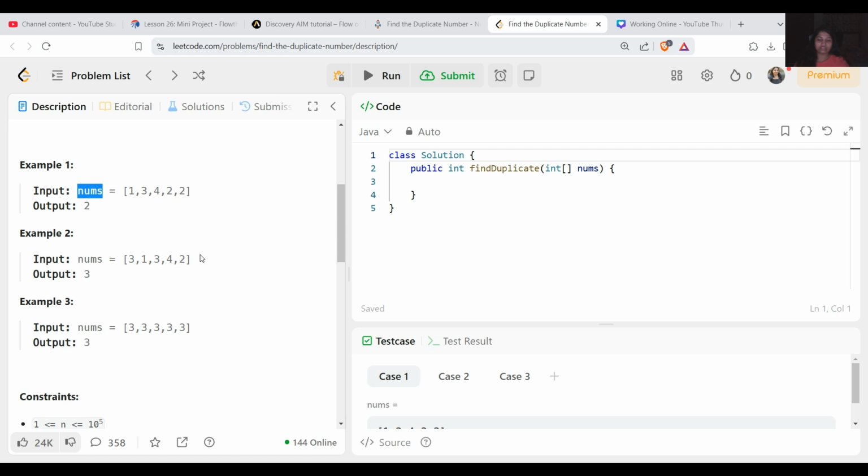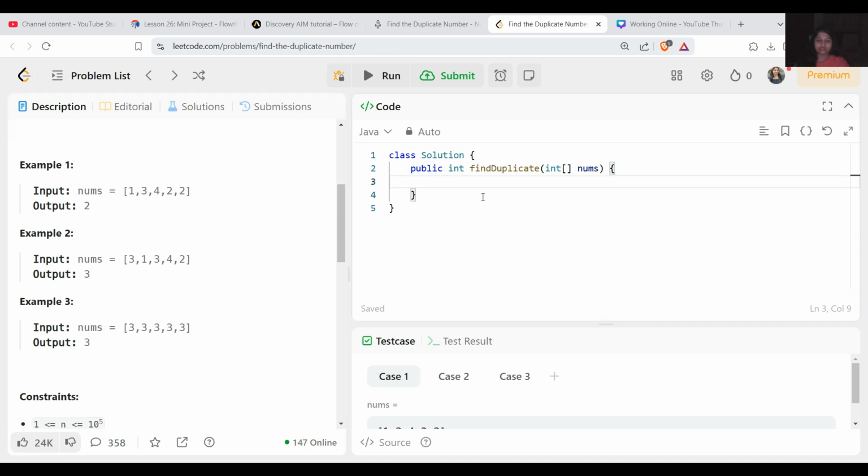We reset one pointer to the start and move both at equal speed, and when they meet at a number, that is the duplicate. So let's start with the code.